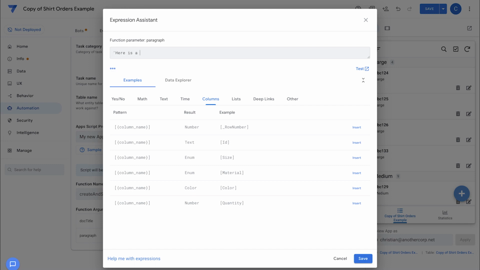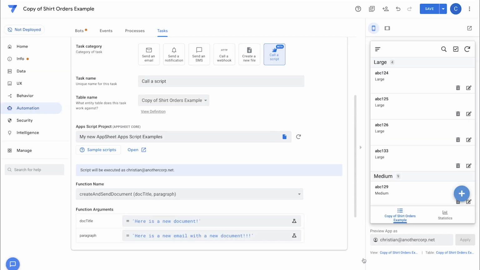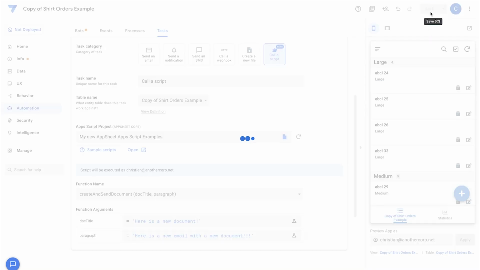Here is a new email with new document. All right, that will be it. I'll click save once that evaluates. And we should be good. There we go. I'll click save over here.